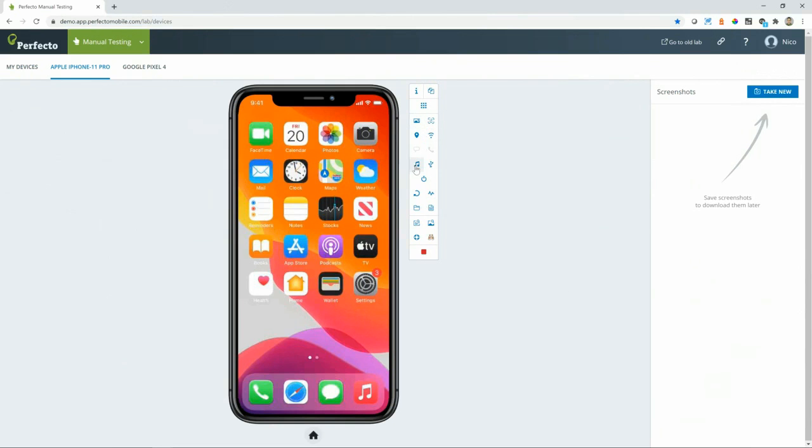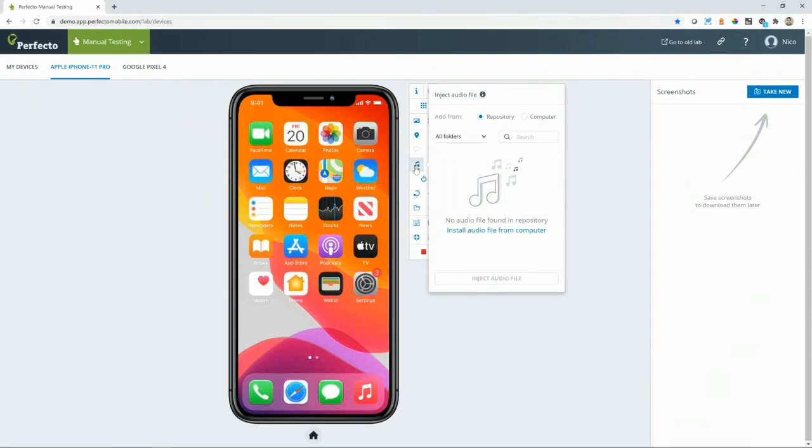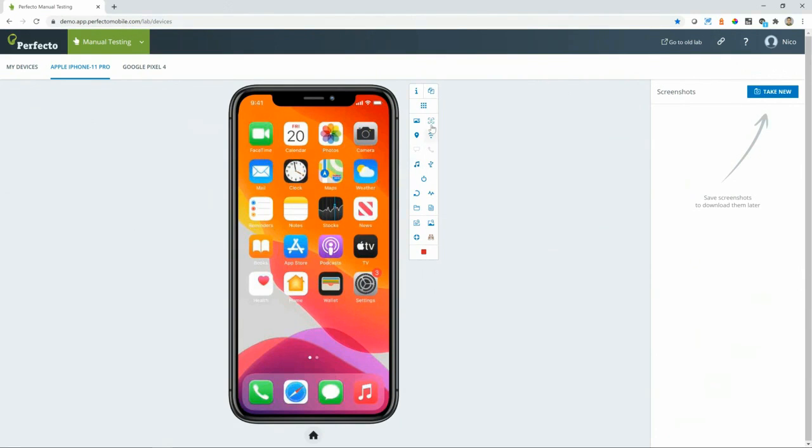It also allows me to inject audio if I want to test, for example, audio quality, which is an advanced capability within the Perfecto platform, allowing to get what we call a MOS score, or the quality of the audio playing back on a real device. It also allows more advanced features like Face ID, Touch ID, depending on the device type and what that device